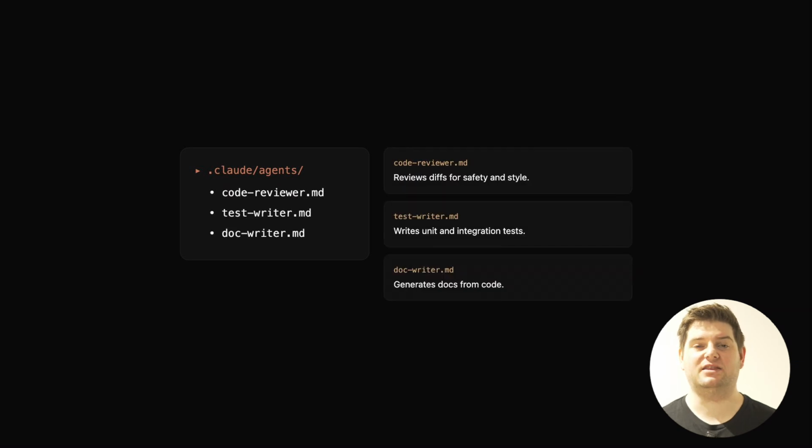Subagents, specifically in the Claude Code sense, pre-configured specialist agents you can invoke for specific tasks. A code reviewer subagent, a test writer subagent, a documentation subagent. Same agentic loop concept from Cluster 4, just packaged for everyday use.